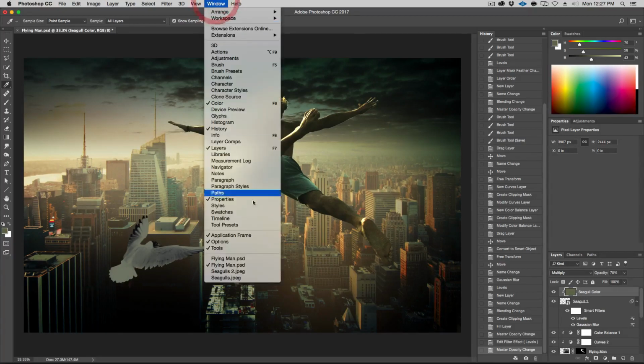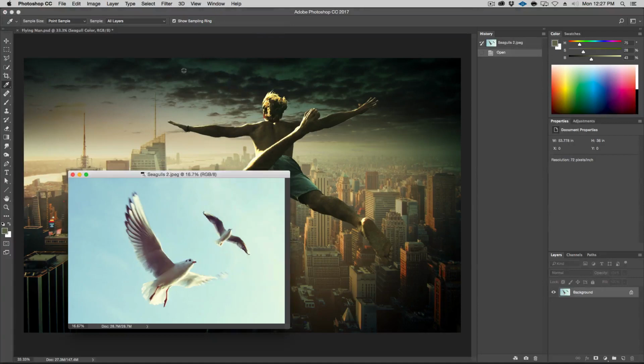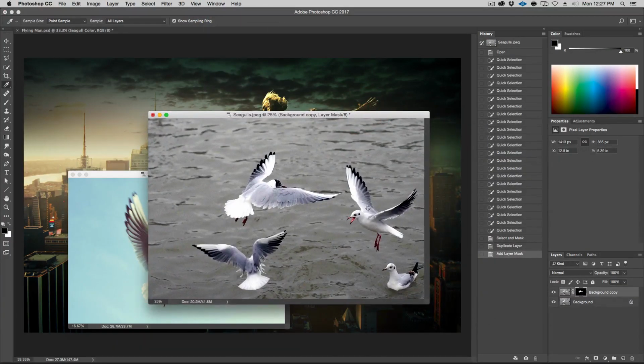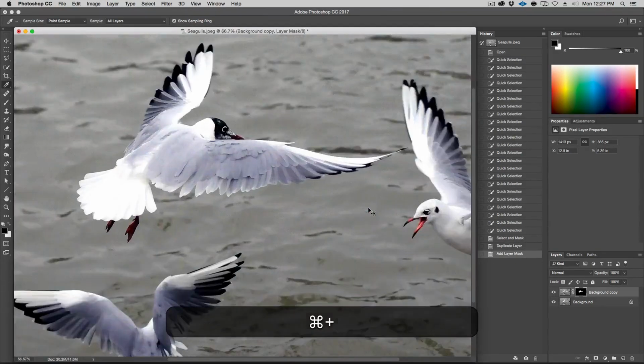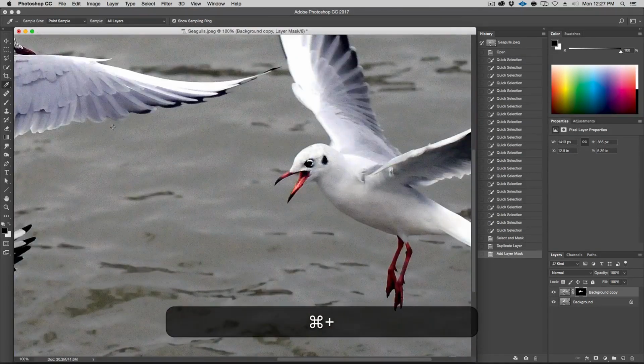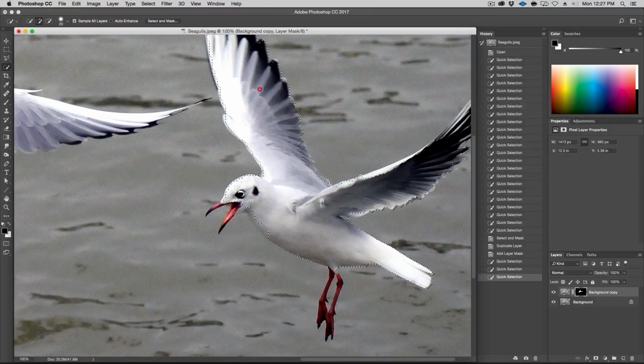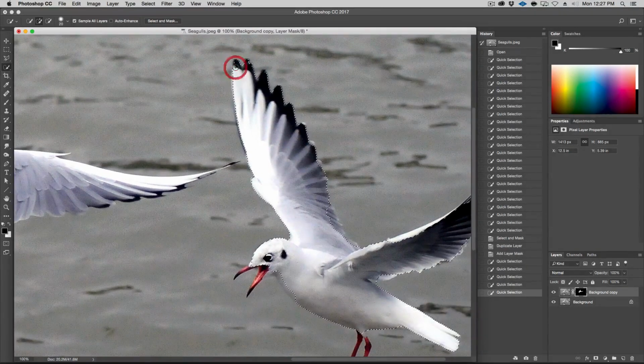And let's go to the seagulls again. Not this one, this one. And this time, let's take this one here. All right, same as last time. Take this tool over here, and let's just select him. Oh, can we go a little bigger? Something like this, here, like so.